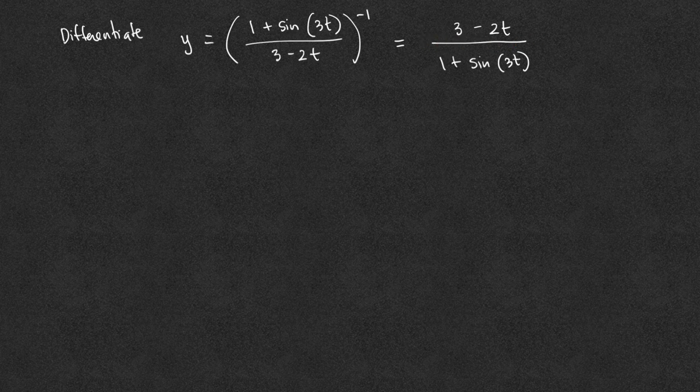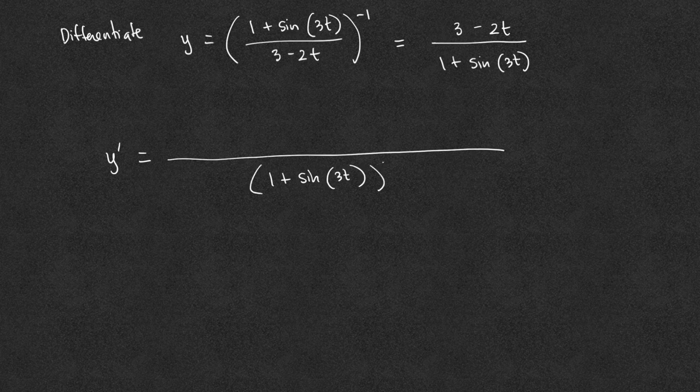This is the quotient, so we will use the quotient rule. First, y prime equals, always square the denominator, 1 plus sine of 3t, the whole quantity, squared. And then in the numerator, we first find the derivative of 3 minus 2t, which is 0 minus 2, times the denominator, 1 plus sine of 3t, minus, this time we keep the numerator, 3 minus 2t, times the derivative